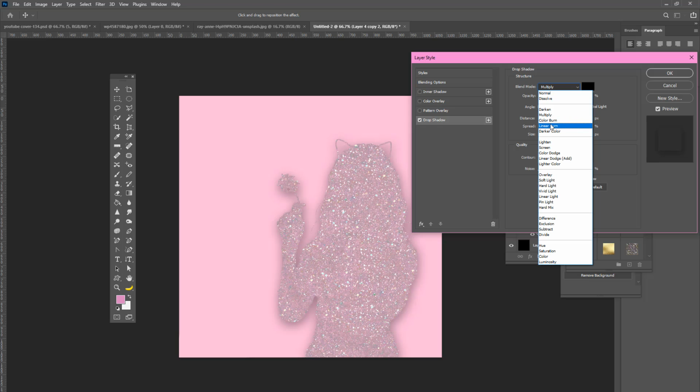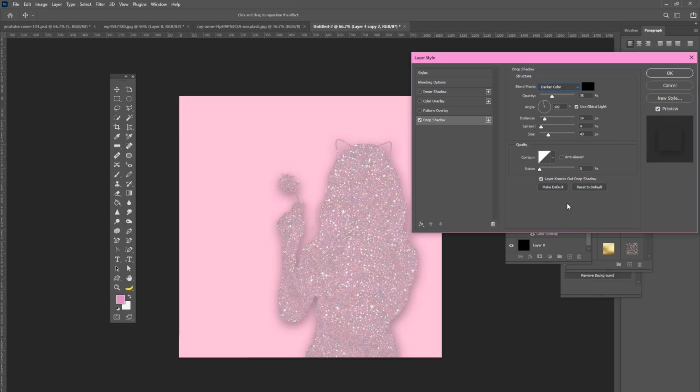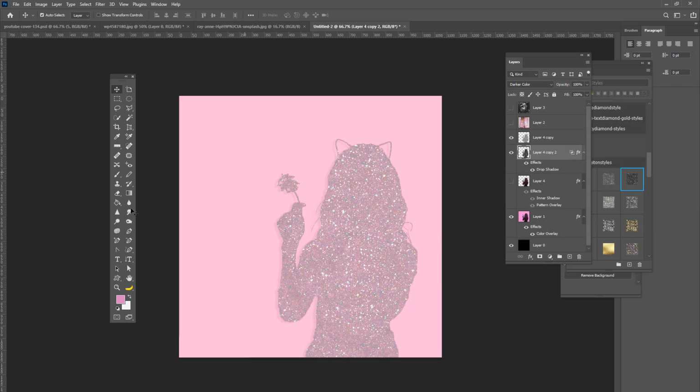And I'm gonna put that on a darker color. I don't want it to be so big, and I don't want the distance. So just kind of play around to what you're aiming for. And there, that's kind of what I'm aiming for. And you can drag it around if need be. All right, so now that we're done with that, we can add the